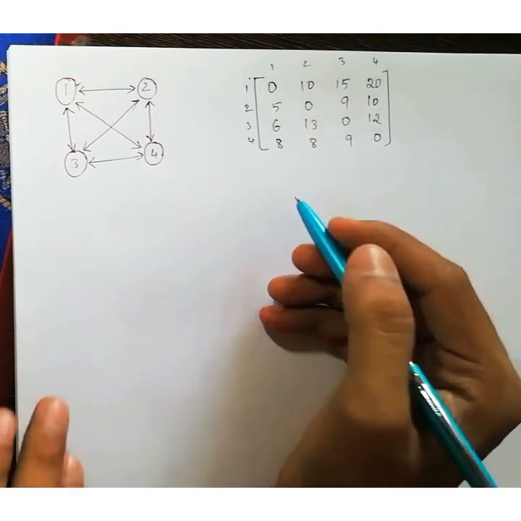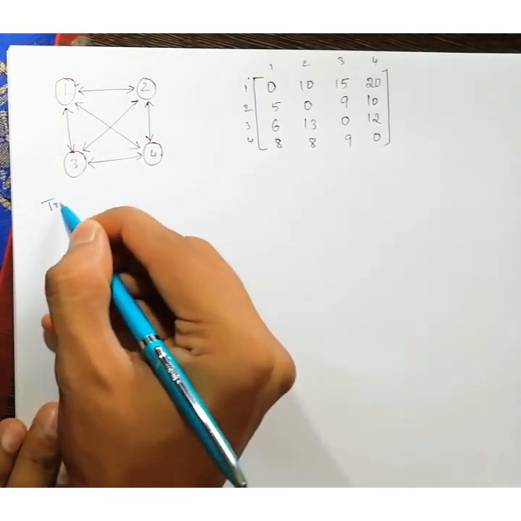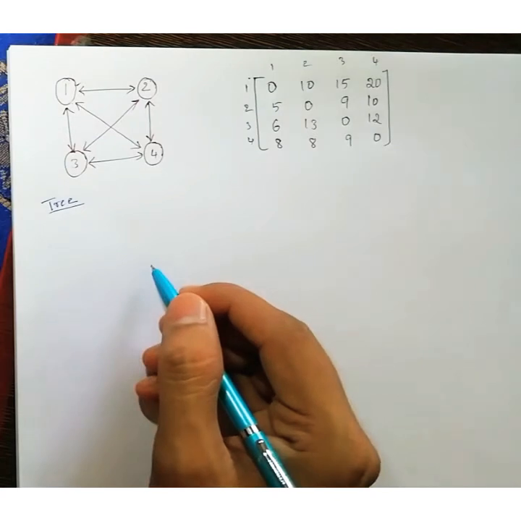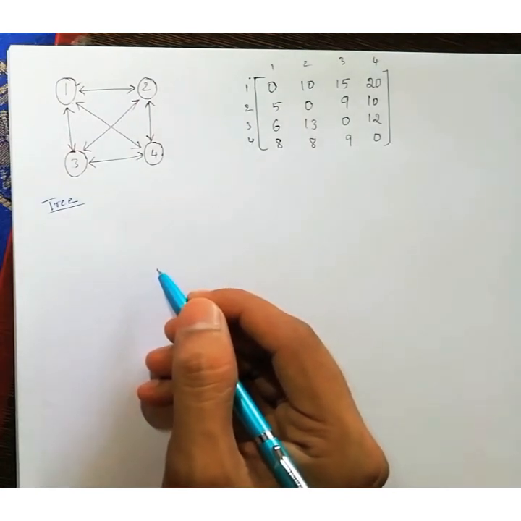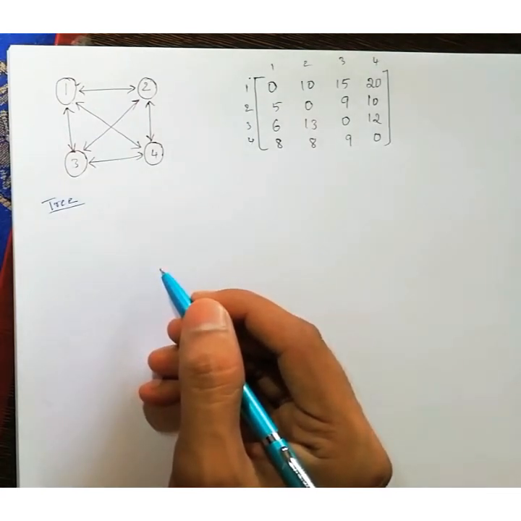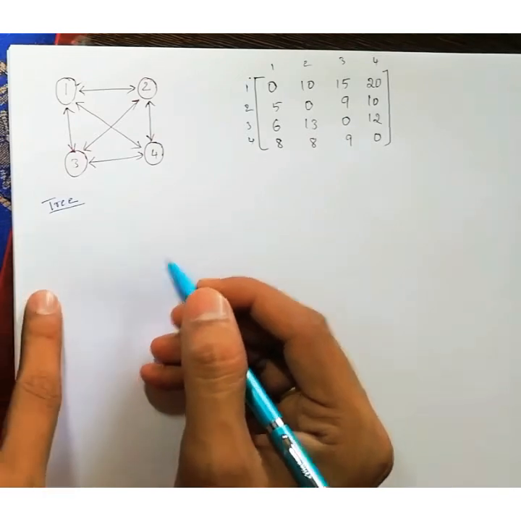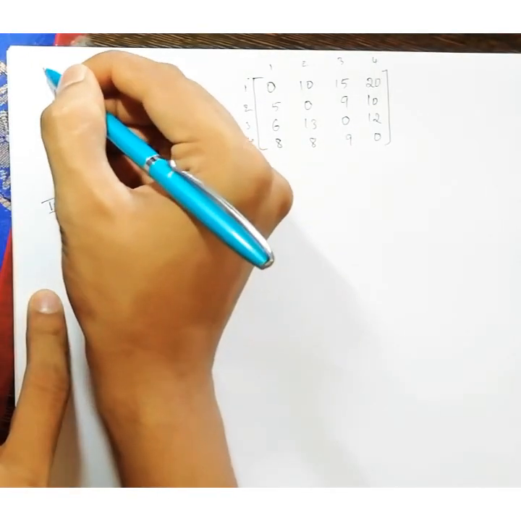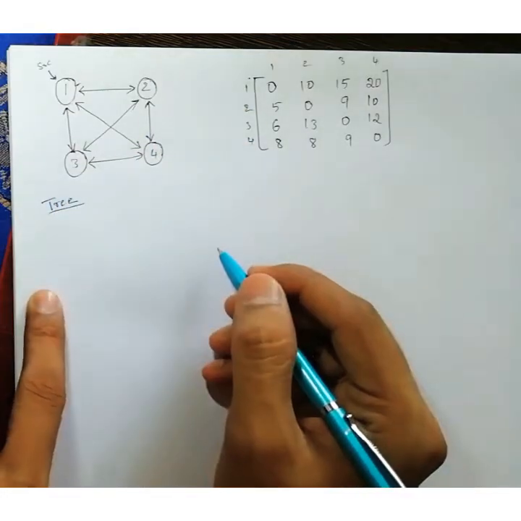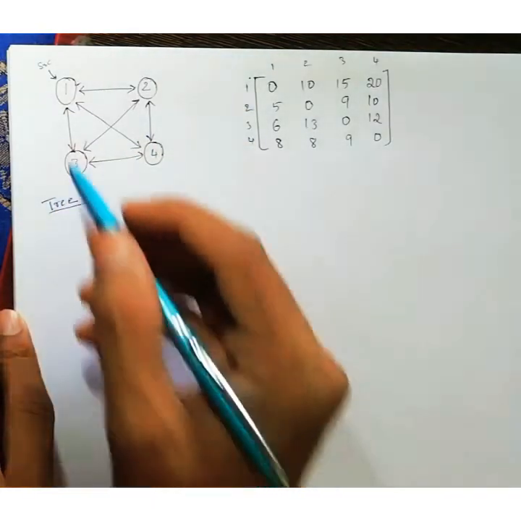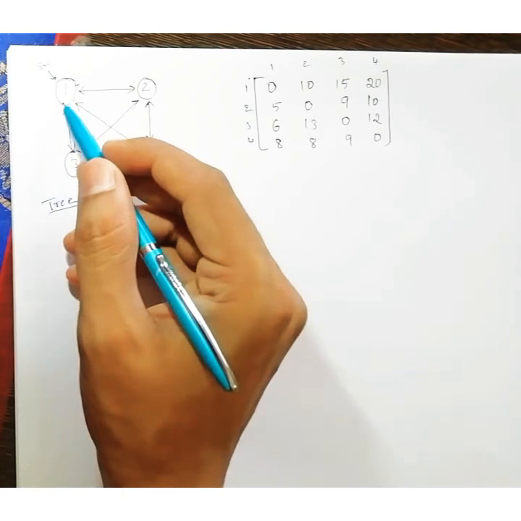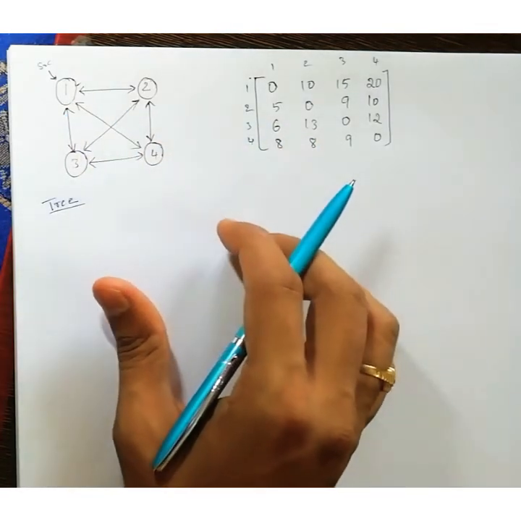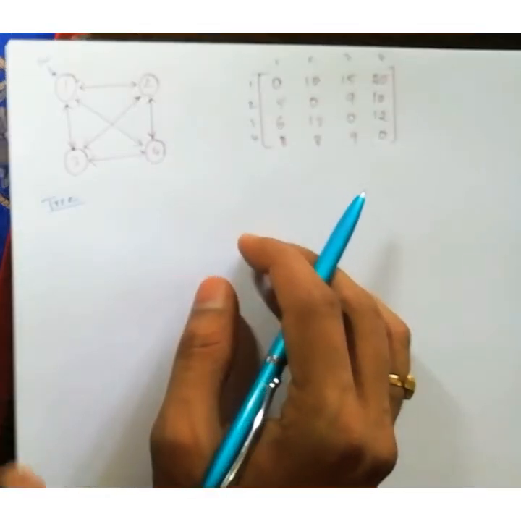In the first step of the traveling salesman problem, we have to write a tree. It contains all possible paths. From the tree we will solve it using the dynamic approach. Here I will start from 1, that means the source node is 1. It also comes back to city 1, so the destination is also 1. That is the traveling salesman problem here. So we will now see how to solve this.